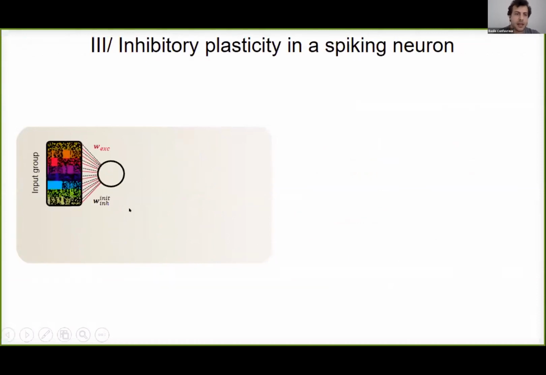Now I move on to the last task we tried, and the spiking model. So these models are highly nonlinear, but considered difficult to tune, but they tend to be closer to how a real brain operates. So there is a spiking neuron receiving excitatory and inhibitory inputs, and these inputs are divided into groups within which the spike trains are all drawn from the same time-varying mean. And the excitatory weights are fixed so that each group has a different influence on the membrane potential, but the inhibitory synapses are plastic. And the task is for the neuron to spike at a fixed firing rate despite these unreliable inputs. So this is a form of homeostasis, and it's a ubiquitous property observed in cortical networks.